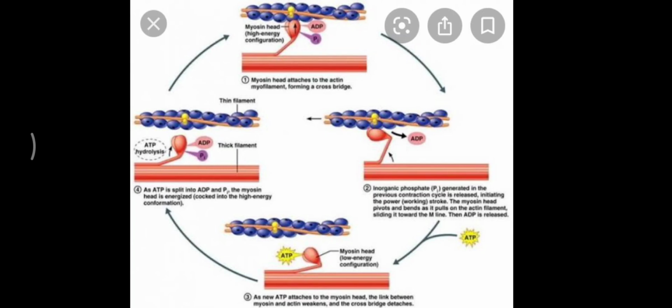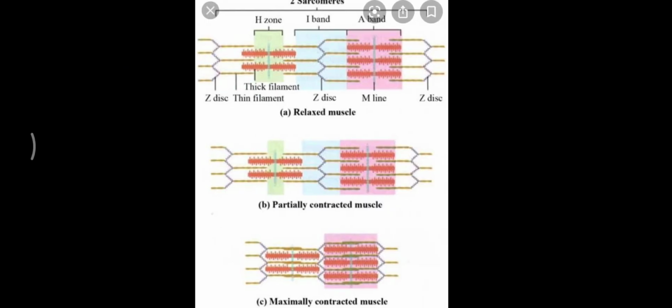Now, as soon as the binding occurs, there is an inward pull, and this inward pull is created by the myosin filaments, which are the thick filaments, on the actin filaments, which are the thin filaments. As a result, the Z lines are pulled inward and the sarcomere becomes short. The sarcomere is the functional unit of the muscle cell, and this is known as contraction.